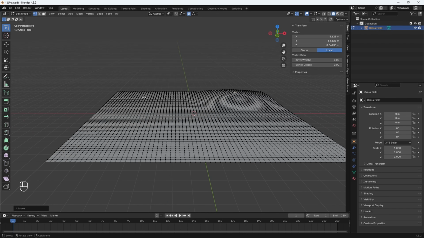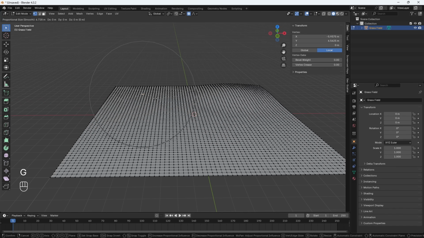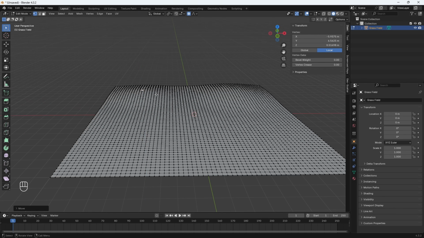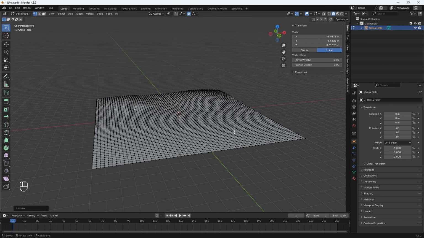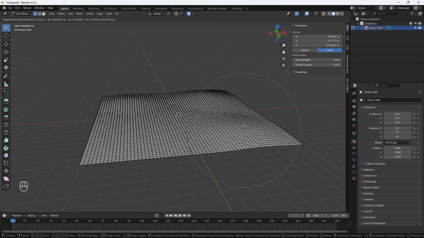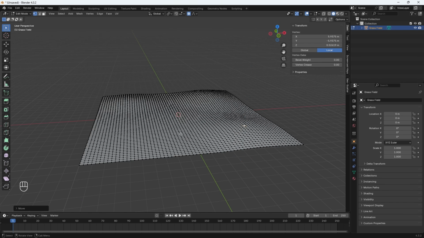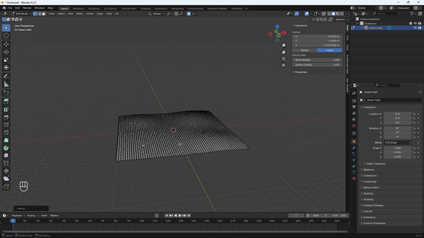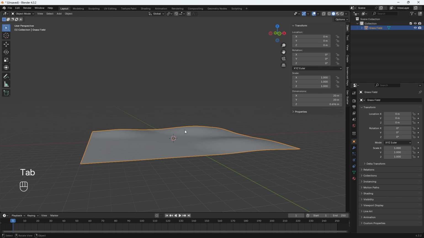I'll add another one over here. I'll select this point and I'll hit G, Z, and we're just adding some small bumps to our grass field so it's not completely flat. You don't have to copy exactly what I'm doing here. We're just adding some bumps. Okay, so now I'm going to go back into object mode and we're going to add a material